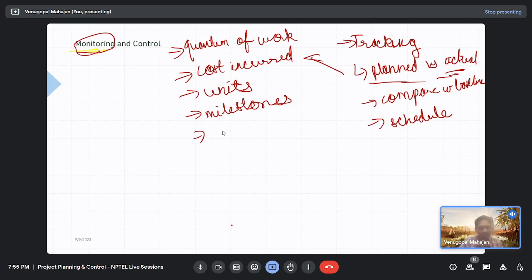Okay, how many of you are lost on what we are talking about right now? How many of you are not getting the point? Should I start this topic from the beginning? It would take me 1 minute or so. If not, then you tell me what else can you compare if you're talking about planned versus actual. Resources will come in this, sir, or not? Resources. Okay, let me write it down.